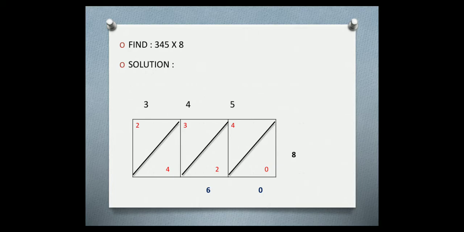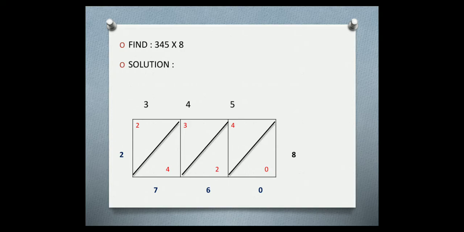Now we'll go for the next diagonal. Can you see numbers? Yes. What are the numbers there? 4 plus 3. So what is my answer? 7. Wow. Awesome, kids. Now we'll go for the next diagonal. What is the number there? 2. Do you have only 2 over there? You don't have any other number? Yes, right. So what should I do? I should write it as it is. See, was it not easy for us?